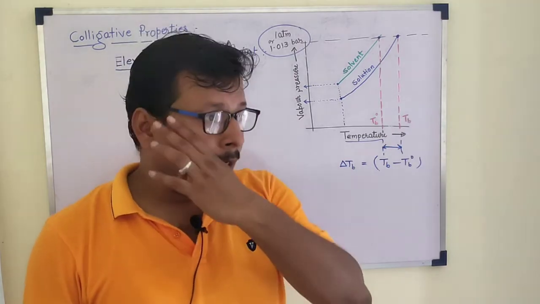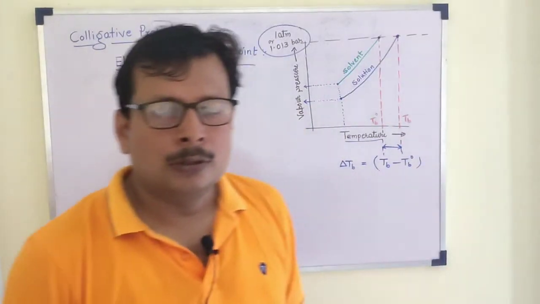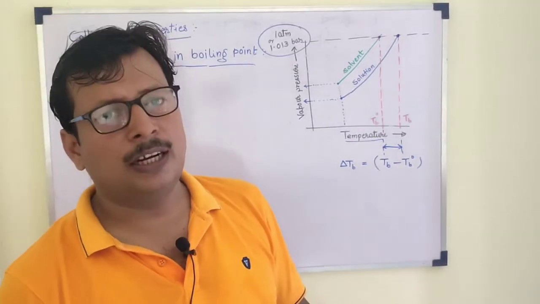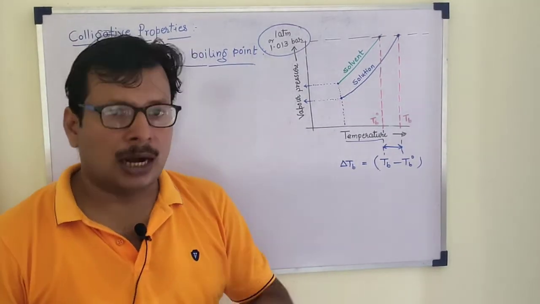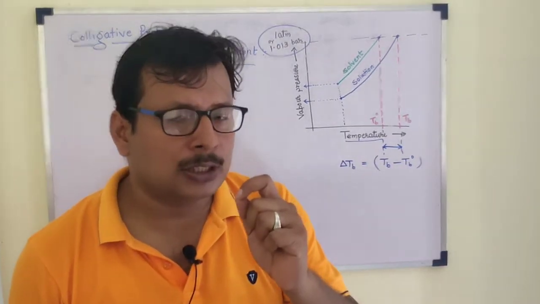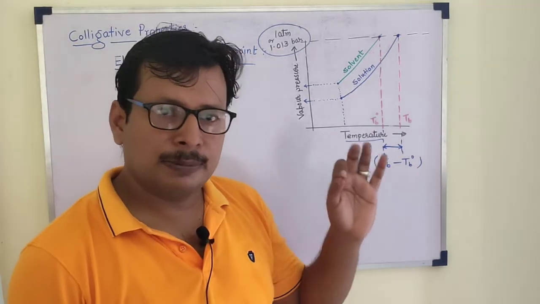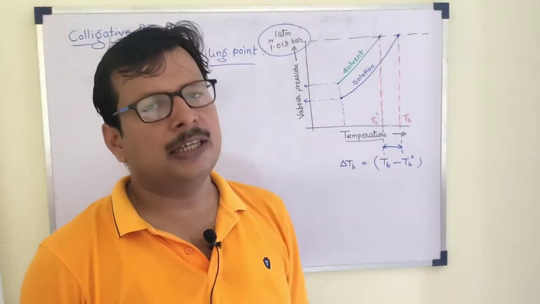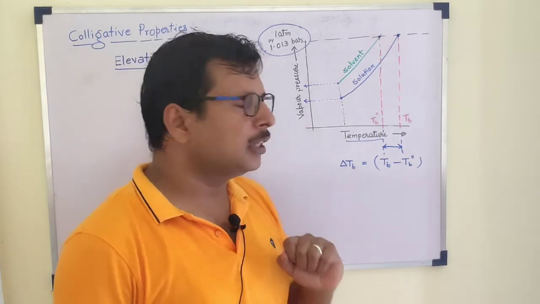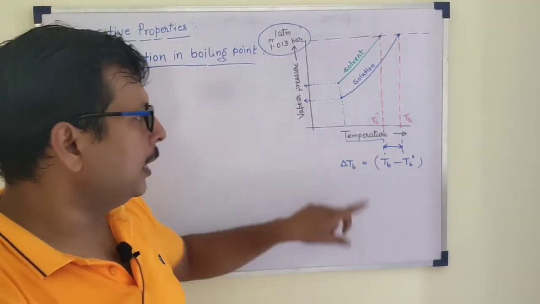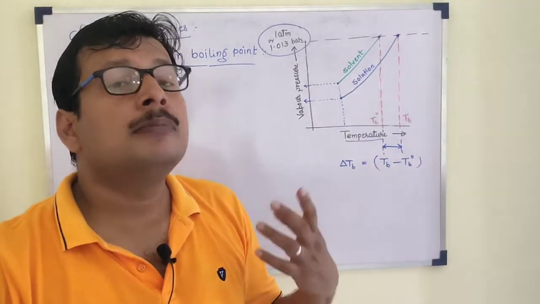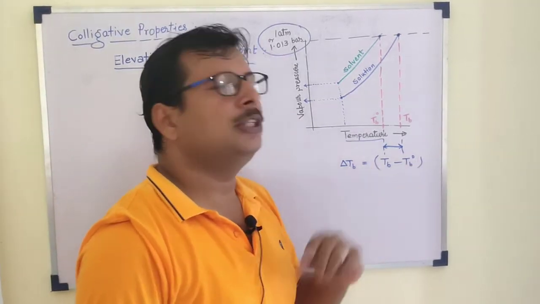कहने का मतलब है, अगर 2 कंटेनर आपने लिया है, जिसमें पहले कंटेनर में केवल वाटर लिया है या कोई सॉल्वेंट लिया है, दूसरा कंटेनर जिसमें वाटर लिया है उसमें थोड़ा साल्ट डिसॉल्व कर दिया है, आप मीज़र करेंगे जब बॉयल हो रहे होंगे दोनों, तो बॉइलिंग पॉइंट जिसमें साल्ट डिसॉल्व किया है उसका बॉइलिंग पॉइंट ज़्यादा आएगा, जिसमें साल्ट नहीं डिसॉल्व किया है उसका बॉइलिंग पॉइंट 100 डिग्री या 373.15 केल्विन आएगा। तो वो जो इंक्रीज है बॉइलिंग पॉइंट का, उसे कहते हैं हम एलिवेशन इन बॉइलिंग पॉइंट। हम कैसे निकालेंगे एलिवेशन इन बॉइलिंग पॉइंट? बॉइलिंग पॉइंट ऑफ सोल्यूशन दैट इज हायर माइनस बॉइलिंग पॉइंट ऑफ द सॉल्वेंट ऑफ द सोल्यूशन, दैट इज TB naught.